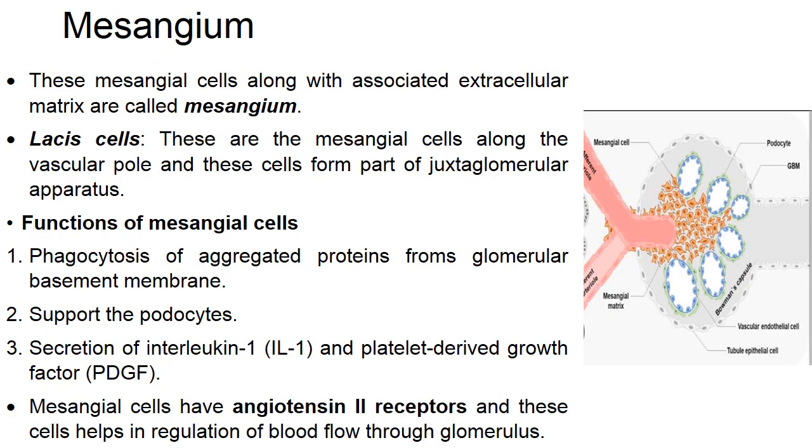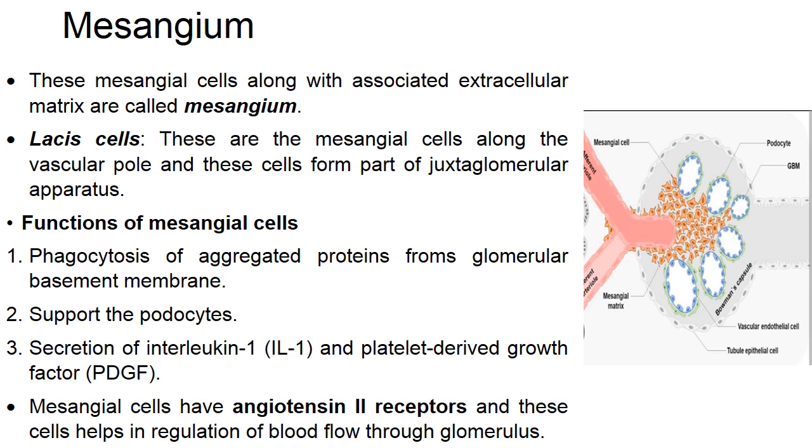The glomerular capillaries are held together by mesangial cells and their extracellular matrix. These mesangial cells, along with their extracellular matrix, are known as mesangium. Mesangial cells work like pericytes of capillaries, and they are embedded in the basal lamina of the capillary. The Lacis cells are those mesangial cells which lie along the vascular pole, and these cells form a part of the extraglomerular